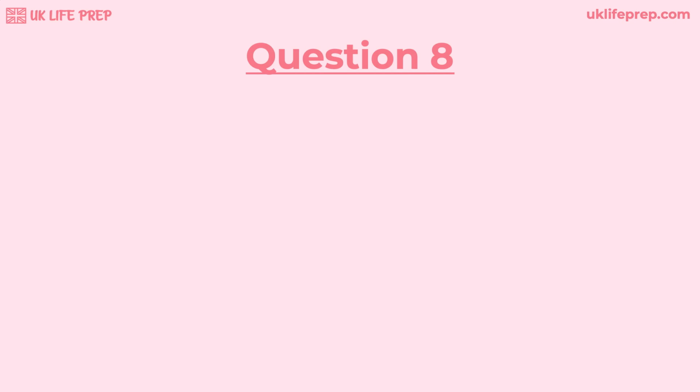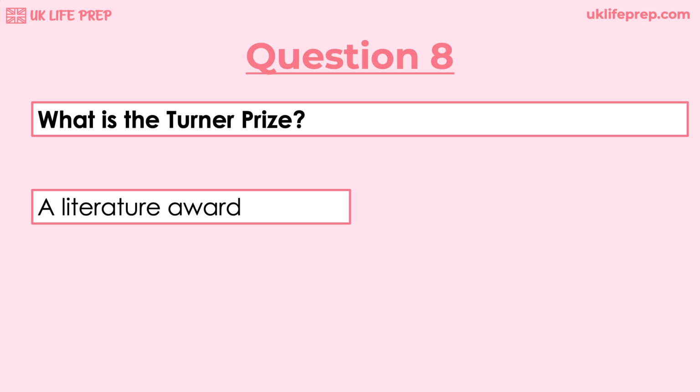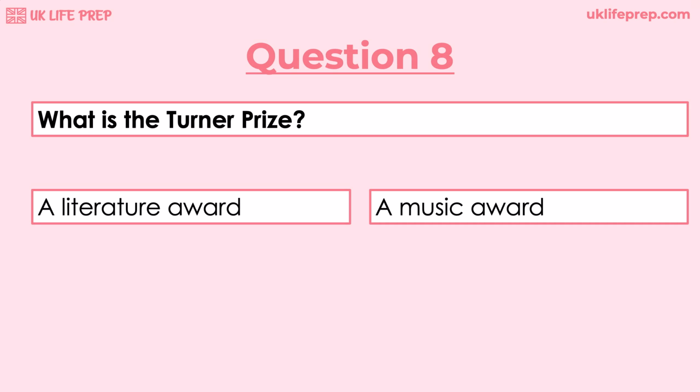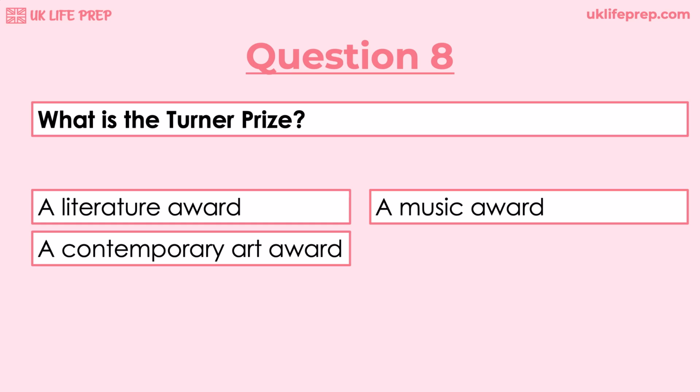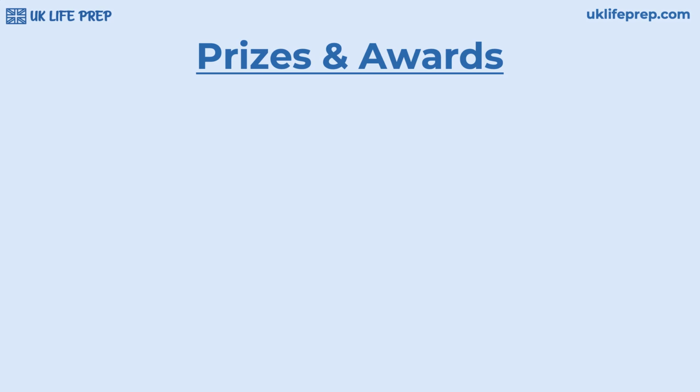Question 8. What is the Turner Prize? Is it A, a literature award, B, a music award, C, a contemporary art award, or D, a theatre award? The correct answer is C, a contemporary art award. This question is all about prizes and awards. I think it's tricky because there are a whole bunch of different awards and prizes in different categories you need